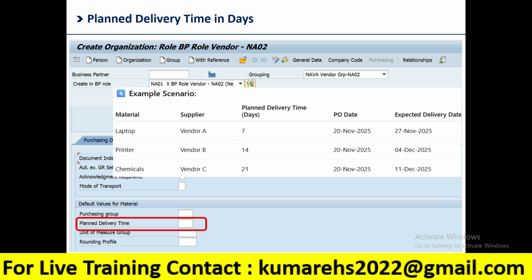So the stage number 4 example scenario, there are 3 materials. One is laptop, there is vendor A, planned delivery time is 7 days. So the PO date is 20th November 2025, expected delivery date is 27th November 2025. Printer, vendor B, 14 days is the planned delivery time, PO date is 20th, expected delivery date is 4th December 2025. Third one is chemical, vendor C, planned delivery time is 21 days, PO date is 20th November, expected delivery date 11th December. So this is how you need to set up the planned delivery time for each and every